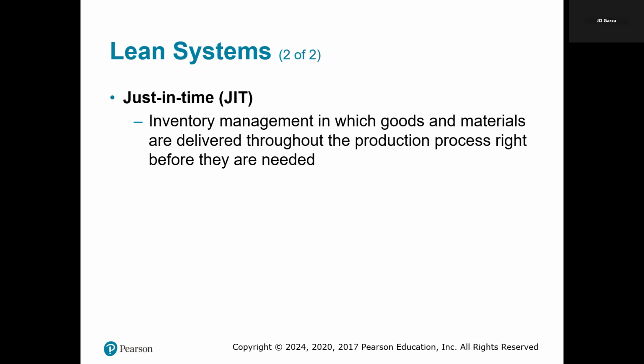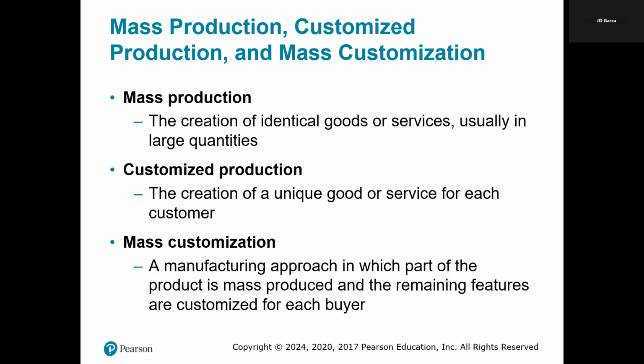Let's just say, as an example, an automotive manufacturer using this method, just in time, would receive car parts like engines and seats only when an order is placed, avoiding the costs of storing excess inventory. But this also requires a strong supplier relationship and accurate demand forecasting to ensure timely delivery and prevent any type of production delays. That's what this is.